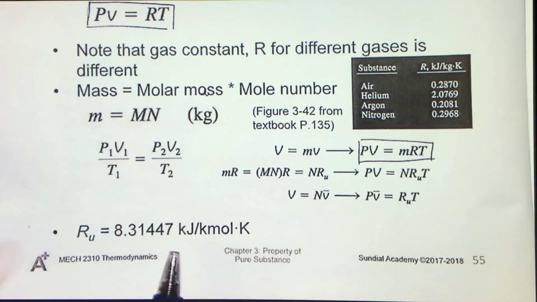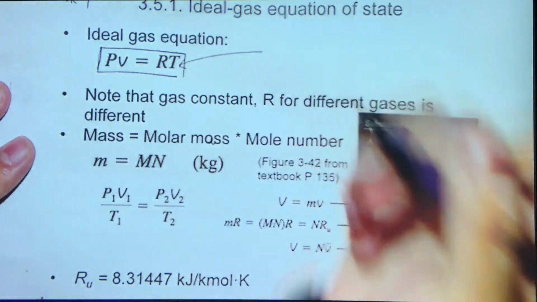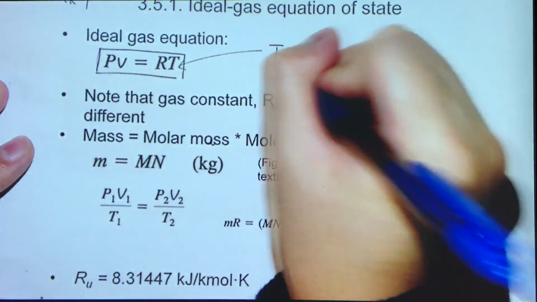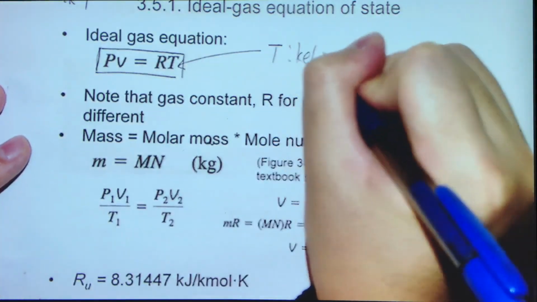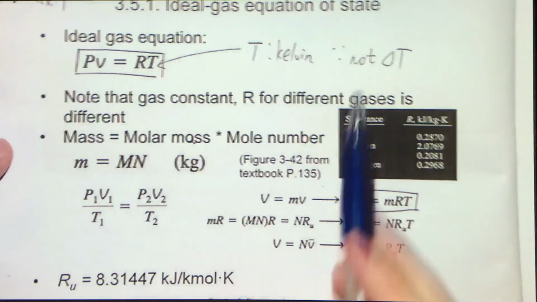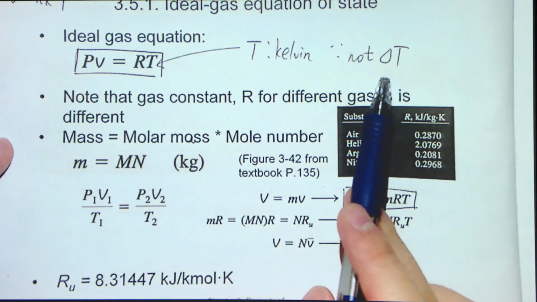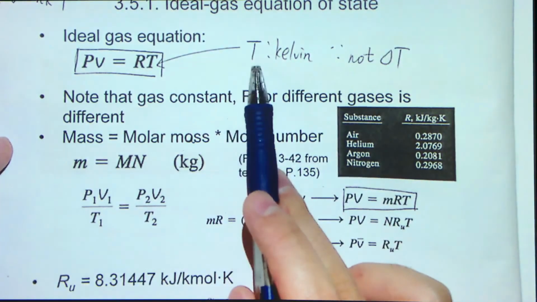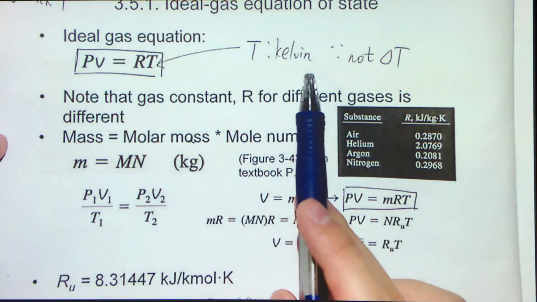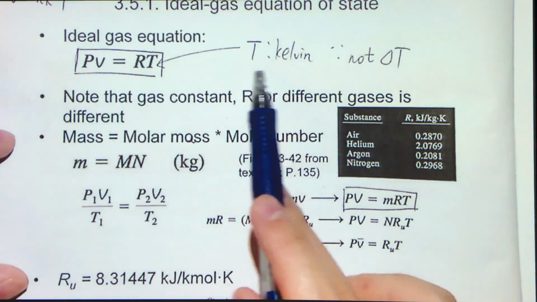One thing I need to mention is that if you need to use this ideal gas equation, note that this T must be in Kelvin. Otherwise you will have a big error. It's because it's not delta T. As I've mentioned, if it is delta T, then the 273 will be gone, so you can use degrees C. But here, we need the absolute value, so we need T in units of Kelvin. Remember this. Many students get it wrong because they simply forget that we need to change it back to Kelvin.